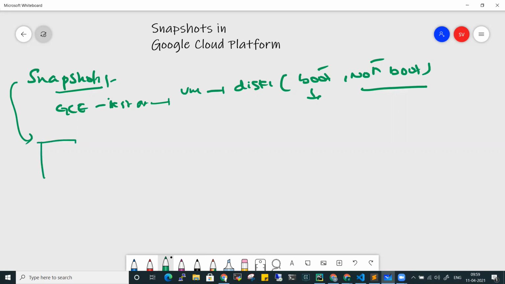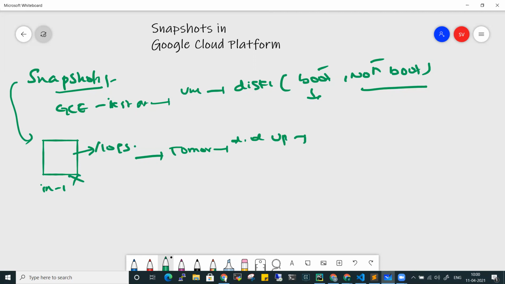Let's assume you have an instance here, instance one, with a disk attached to it, and this disk has some log files. All your application logs are present there. Let's assume tomorrow this time you are doing some sort of underlying upgrade, or you are applying some patches. You did the upgrade, and all of a sudden this instance went away. The instance is not coming up, or the data inside this logs folder was corrupted. Due to some reason, data might be lost.